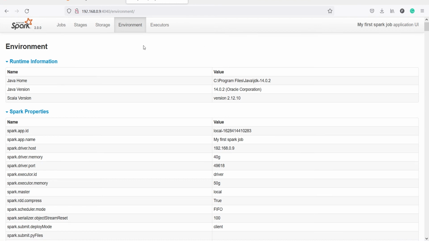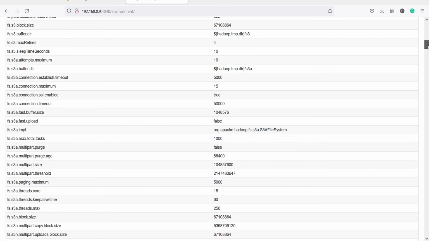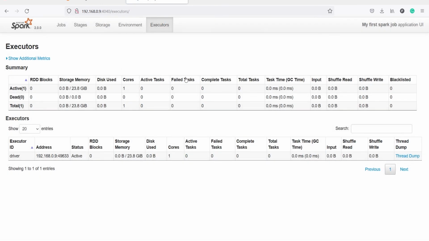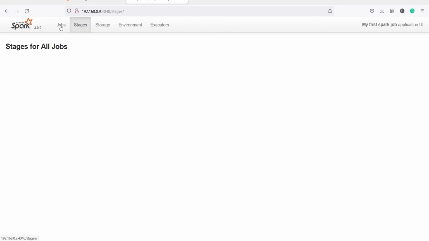If you click here on environment, you will see the environment. So these are the locations where my files are stored. For example, the Java home, it is saved at this location, C program files Java. And you will get a lot of information about your Spark. If you click here on executors, it will load. So here you will see the storage memory, RDD blocks, then cores, how many cores are there, active tasks. And here also you will see a lot of information for executors. You have status, it is active in mode. So this is the information that you can find on this Spark UI.